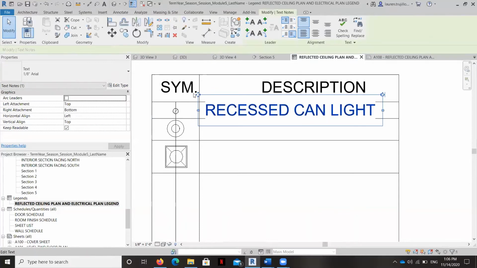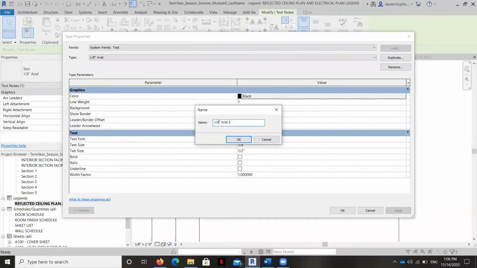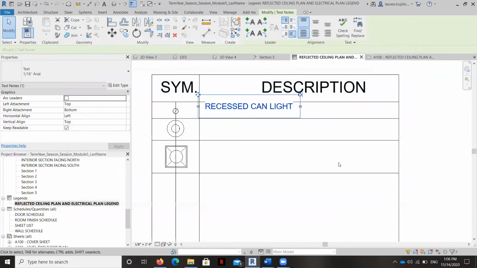So I'm going to go ahead and edit the type, and I'm going to have the title or the description of these elements be in 16th inch. And it's really just because our plan is long and thin and our sheet is 11 by 17, and we're not going to change the size now. So this text is going to have to get small.